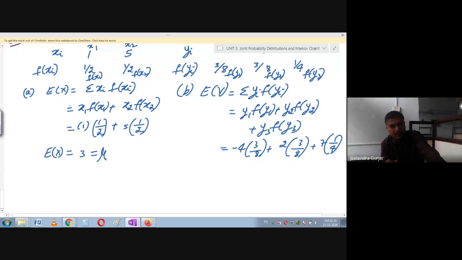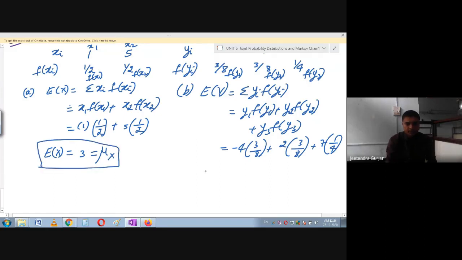I think it is a little bit difficult to write on this. Okay, this is fine. So please remember this is our expectation of X. Now expectation of Y is 1. Please remember this is mu of y. So like this you should be able to simplify. Simultaneously we have to do both the terms.